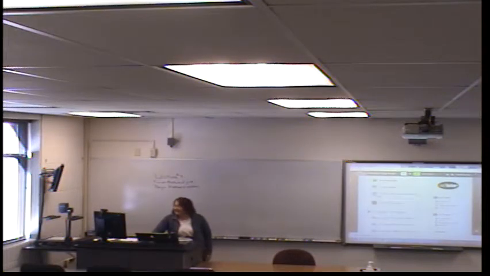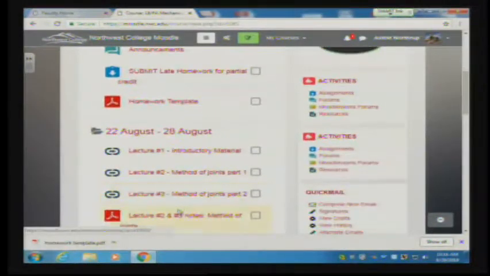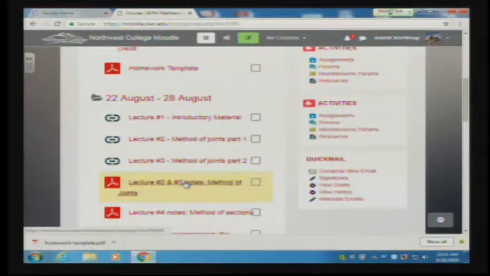Anyway, all right, today we are beginning our fourth lecture. We're going to finish our discussion of the method of joints, which is on our Moodle page right here. So we have a handout for the method of joints right here. This is what we're referring to. We're just going to briefly finish up, and then we're going to move on to the handout for the method